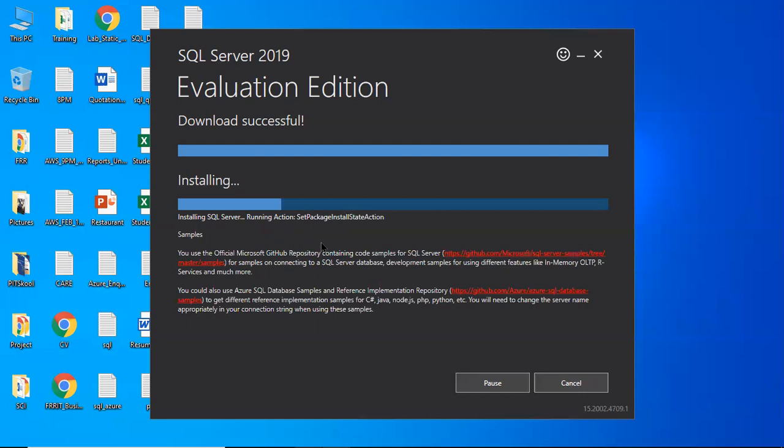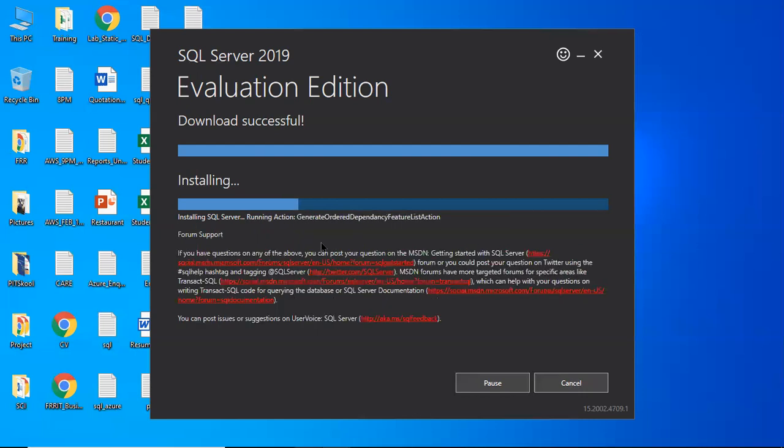After that, we have to install SSMS as the next step. Then we can start working with SQL Server. Step by step we'll go, no need to get confused.